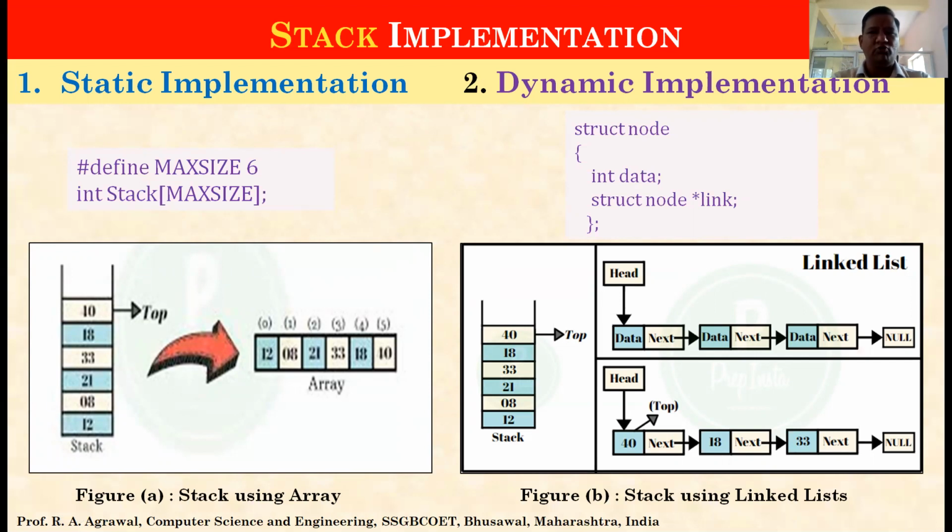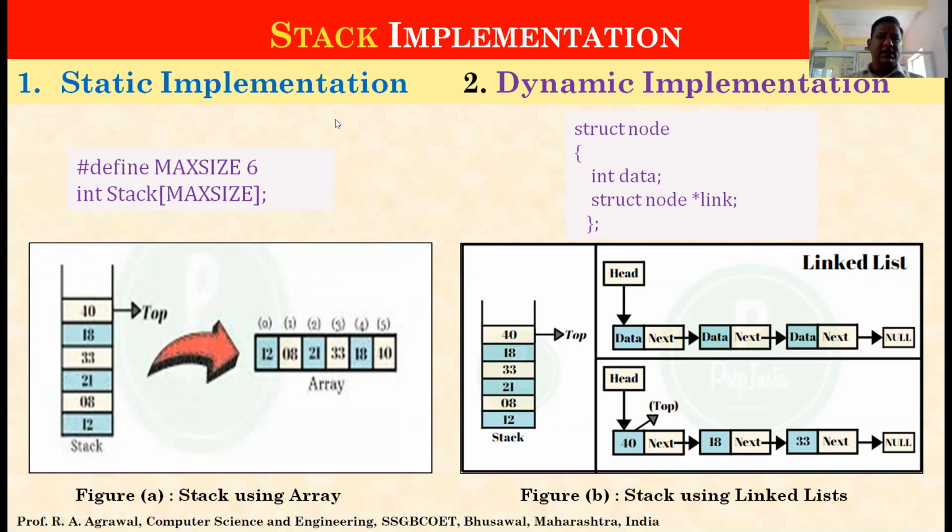In dynamic implementation, what will happen? The size or the memory will be allocated during runtime itself. The size of the stack, how many total number of nodes do you want in memory? If you say 5, then only 5 memory blocks will be allocated for you. Means there will be no wastage of memory in dynamic implementation. Static implementation may tend to waste some memory, I'm not saying that every time it will, but it may, as in the stack design we discussed just now.